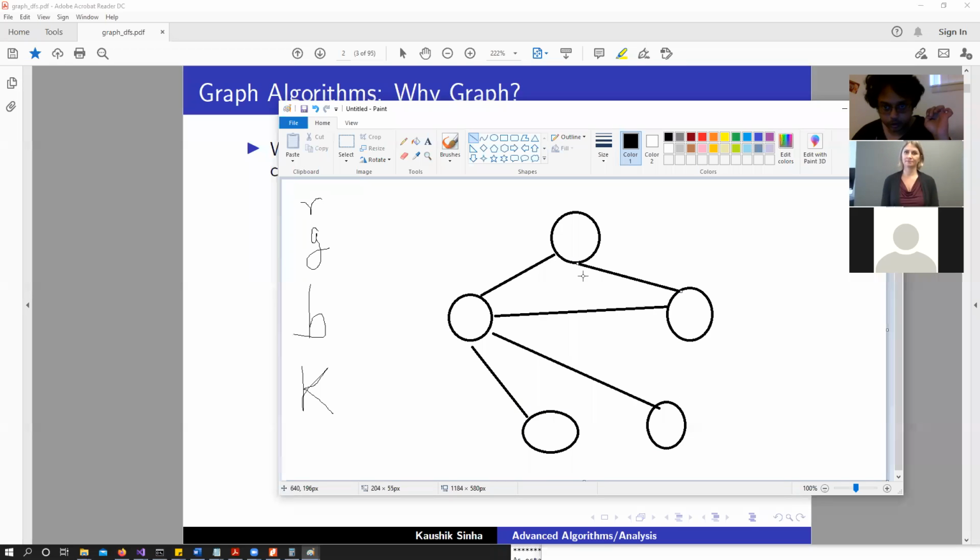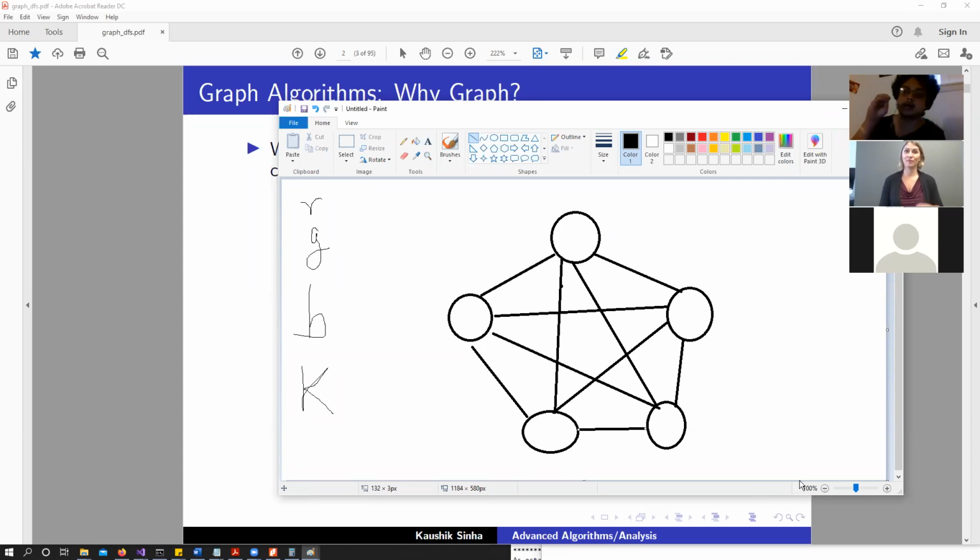Secondly, we have an edge from here to here, here to here, here to here. This node gets connected to both of these, and we have a connection between these. So this is a graph of five nodes where all of the nodes are connected to each other.